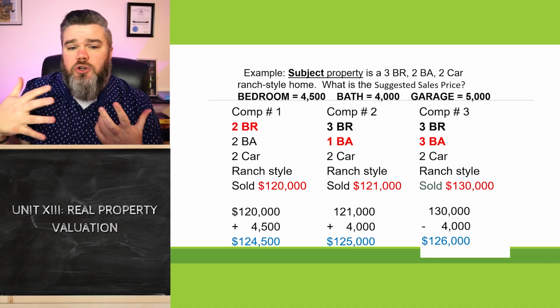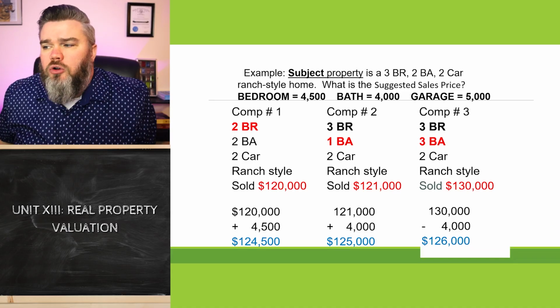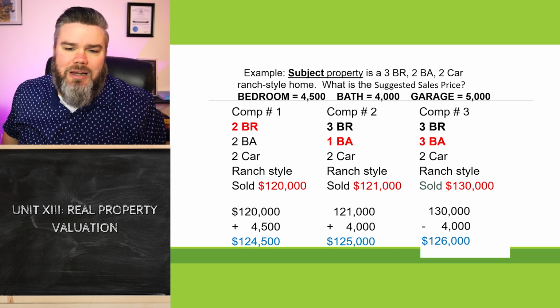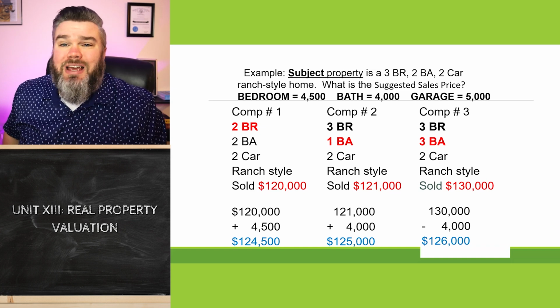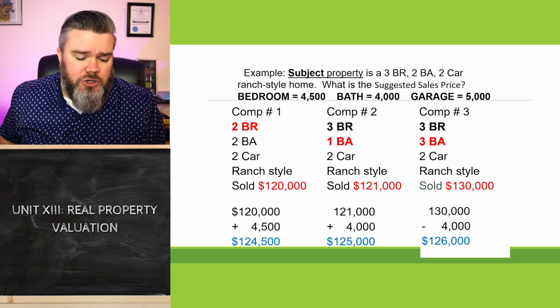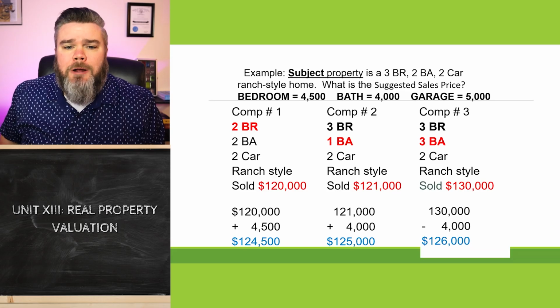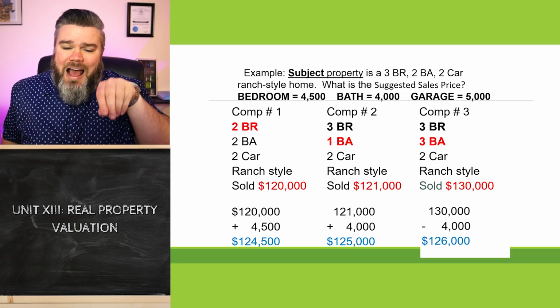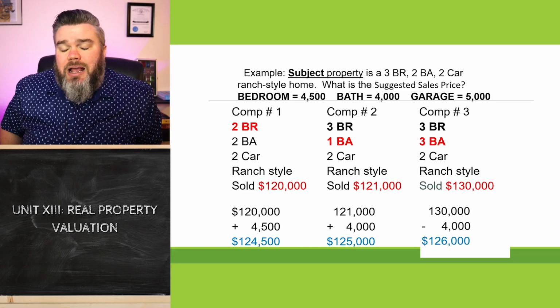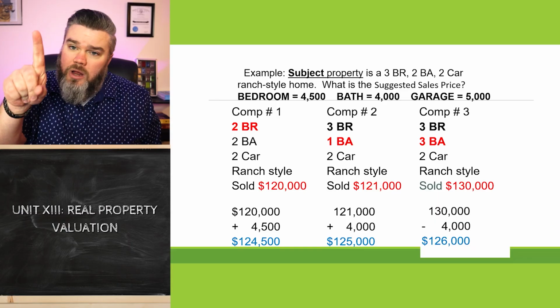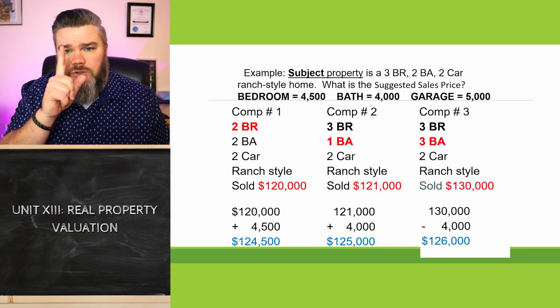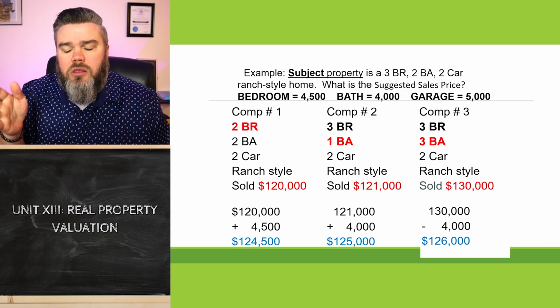Now, if an appraiser was doing this, they will do what's called a reconciliation. We're going to talk more about that in a second. They will typically use another method of valuation as well, like the cost approach, and they will give this a weighted average compared to the other method. And so they arrive at a conclusion of 1 number. An appraisal always has 1 value that they have determined it's worth.